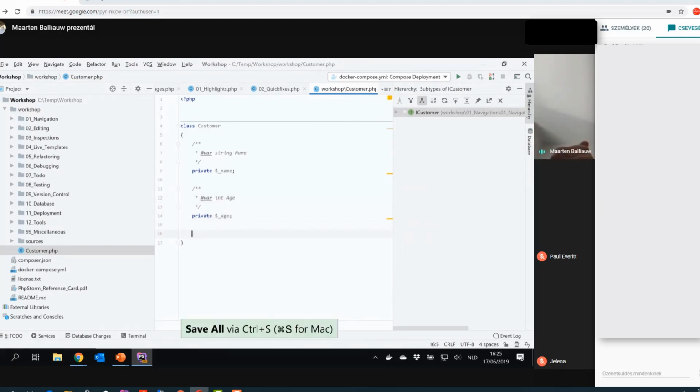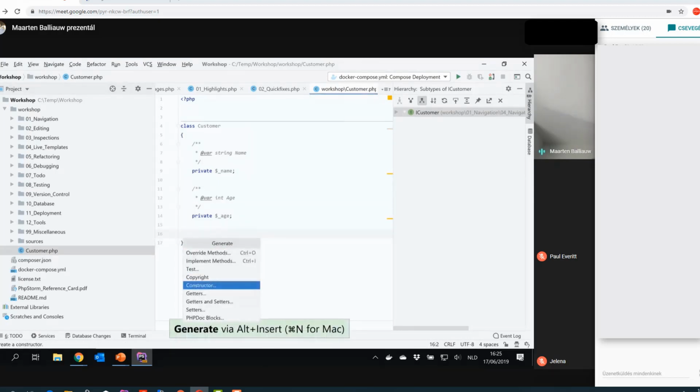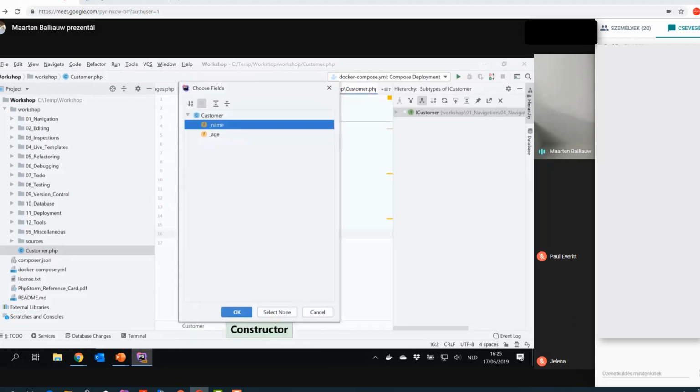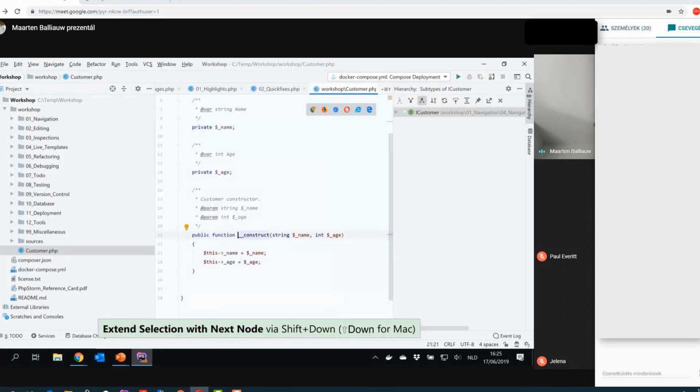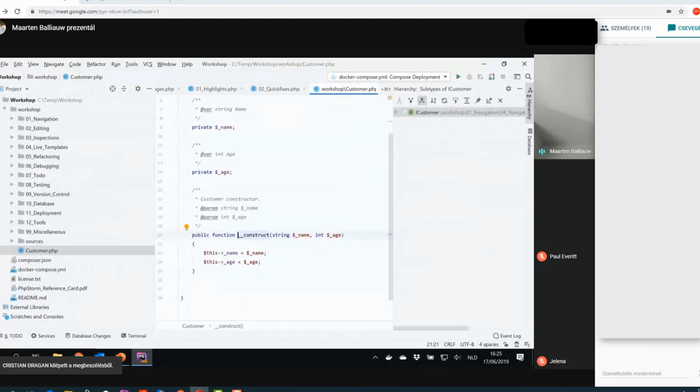Once we have that, once we defined what the shape of our customer should be, we can actually, instead of copy-pasting code from other classes that we created or manually start creating all of the code that we want, use Alt-Insert again and start generating code. So what we can do is, for example, create a constructor based on the properties that we just created. If we create a constructor, we can pick the properties to add. Let's add both of them. Go with OK. And you will see that we now have a customer where the values are assigned and so on, but also that the doc block comments here have been used.